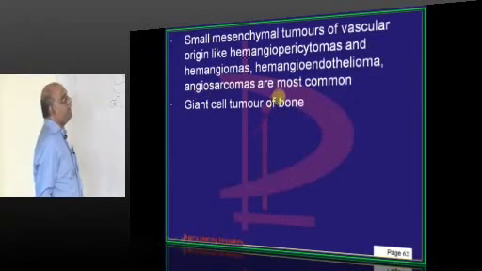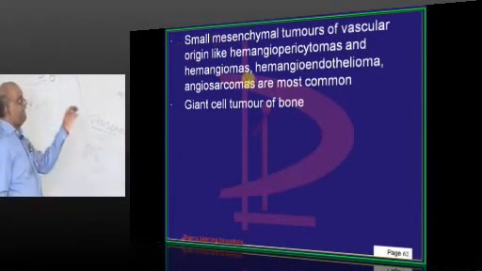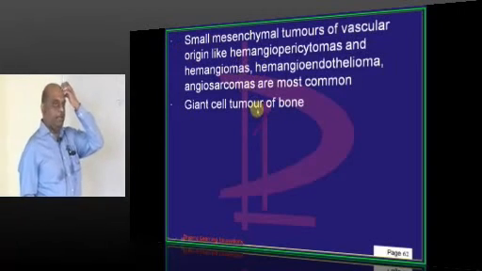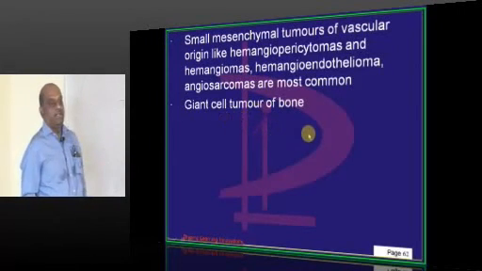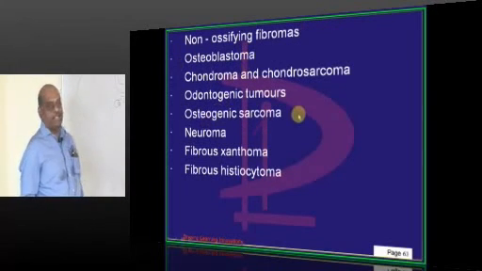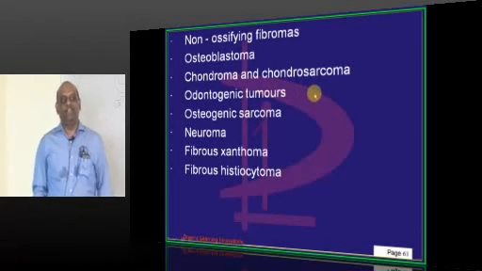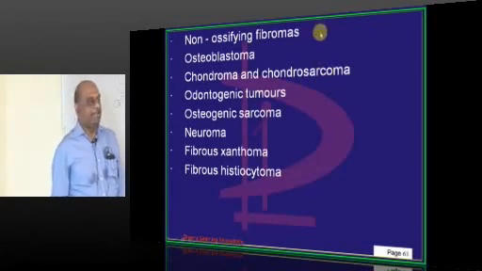So what are those tumors? Mesenchymal tumors of vascular origin like hemangiopericytomas, hemangiomas, giant cell tumor of the bone, non-ossifying fibromas, osteoblastoma, osteogenic sarcoma. Do you think you will remember these things? Very difficult. Don't make an attempt. But at least